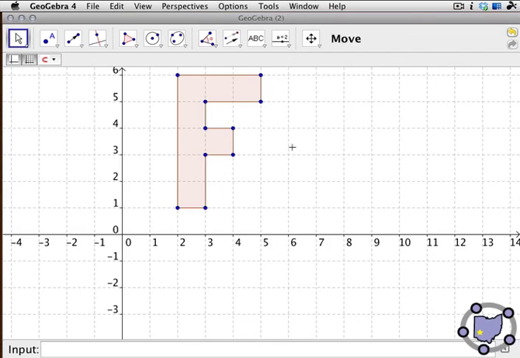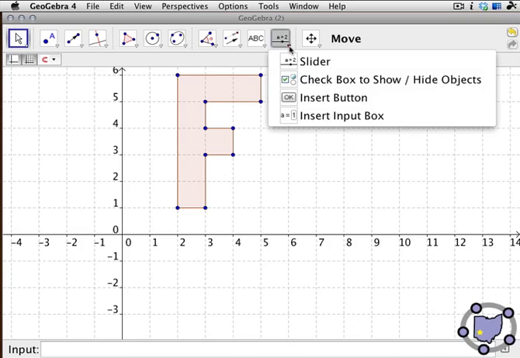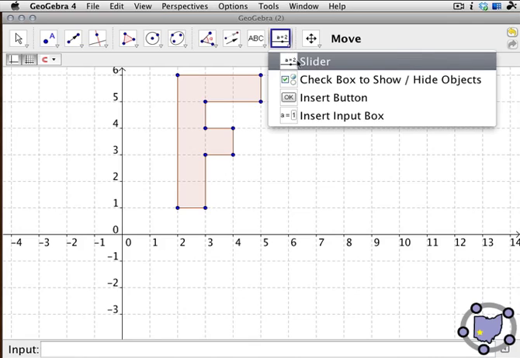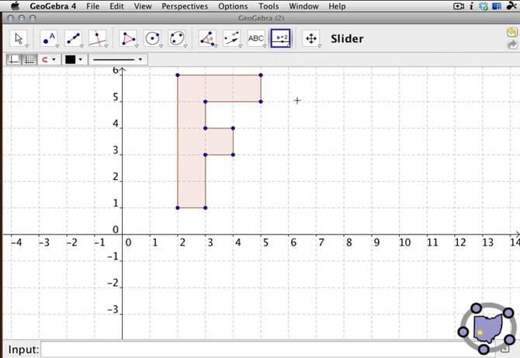Let's close that window. Okay, so we have our letter F, and next what we're going to do is create a slider that controls the amount of rotation that we want, the magnitude of the rotation that we're going to create. So there's a second button from the right. You'll see the slider tool. So you just select that, and now it's waiting for me to click a point, a position to place the